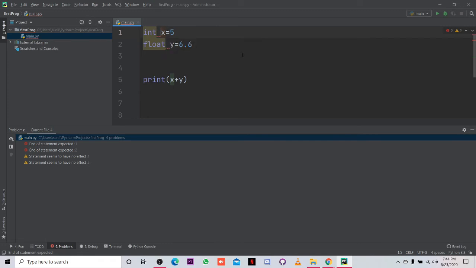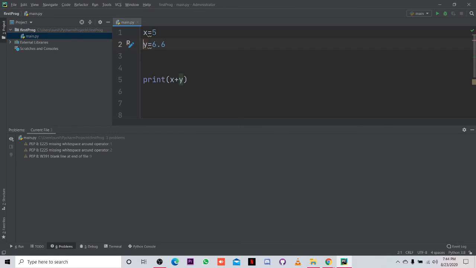But in Python, we have very easy access to defining variables. We don't have to define any data type. Python itself will understand what data type you have used. Python is very smart. It will get to know that, oh, you don't have a point, that means you are using integer. Oh, you have a point, that means you are using float.